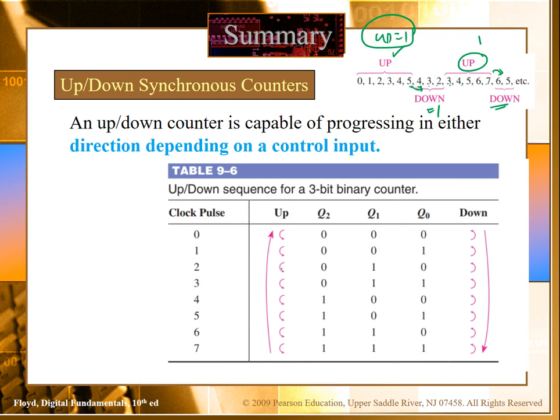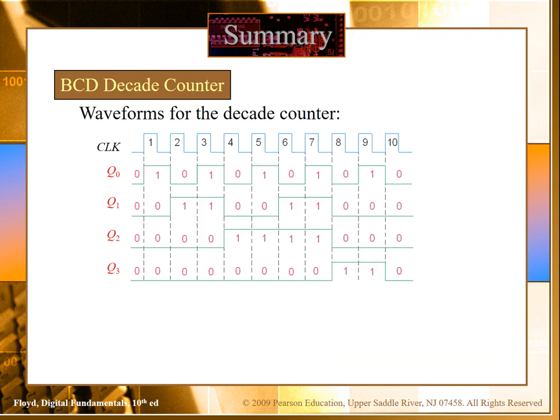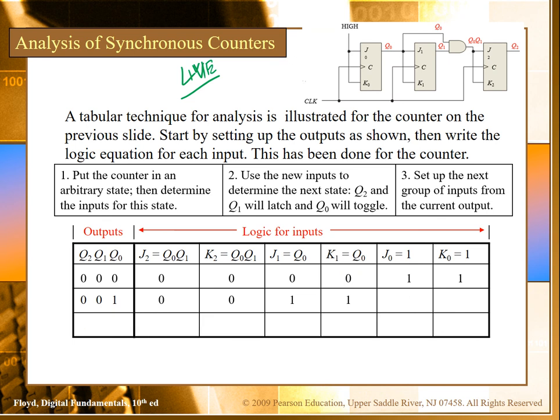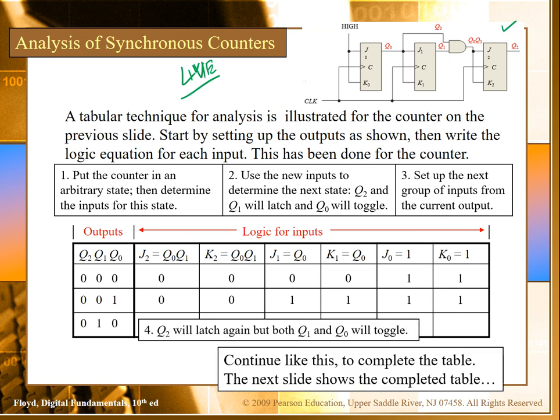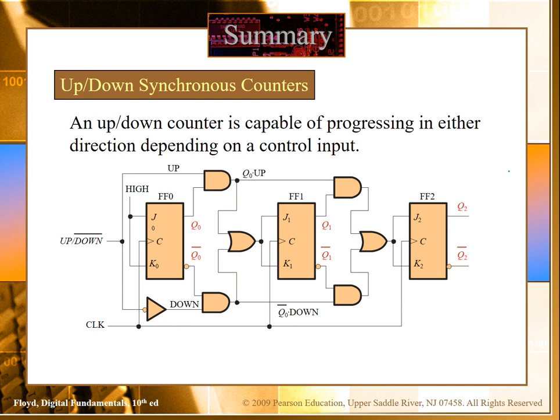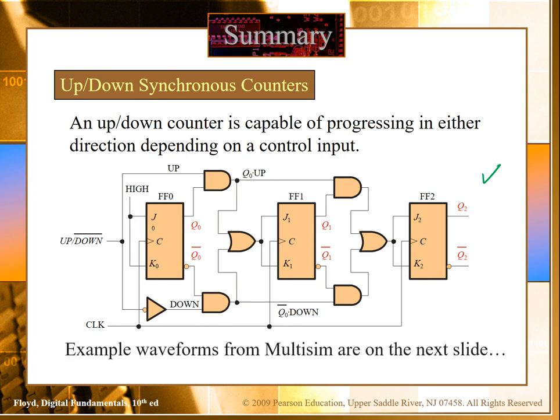For the up counter, we know that we can make the logic which we have derived here. This logic is the up counter. In this counter we now have to incorporate the down counter. We can devise the down counter logic in the same way as we did for the up counter, and the final up and down counter will look like this. We will see this in more detail in the live session.